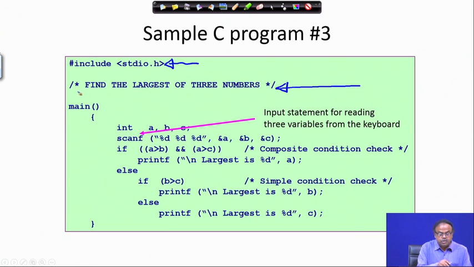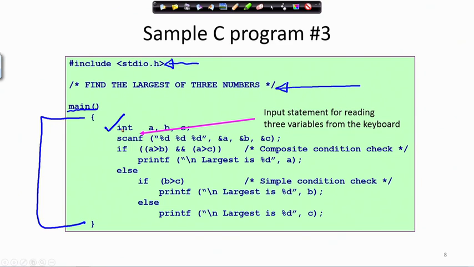Now, we put in a comment. What is this? We saw in the last class, it is a comment. This comment is just telling us, the compiler has got nothing to do with it, that this program finds the largest of 3 numbers. Then as usual, we have got a main function which must be there, and there should be a parenthesis which is delineating the boundary of this program. Also, I am using 3 variables A, B and C, and I have put in the type of that.